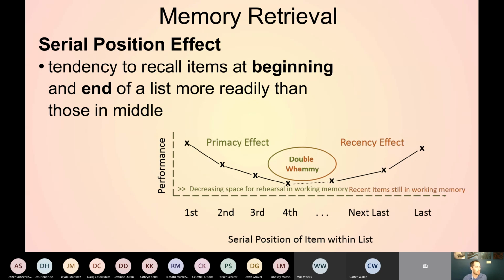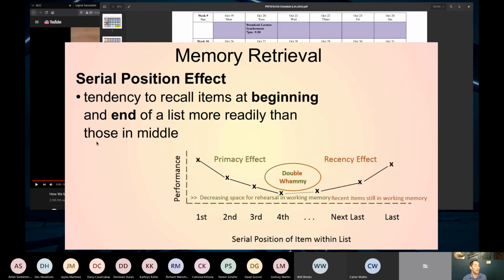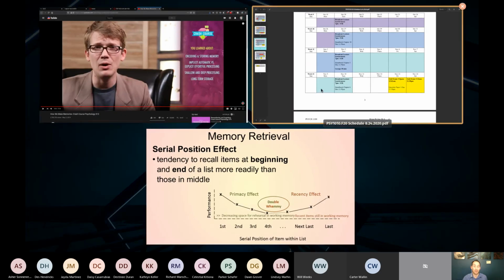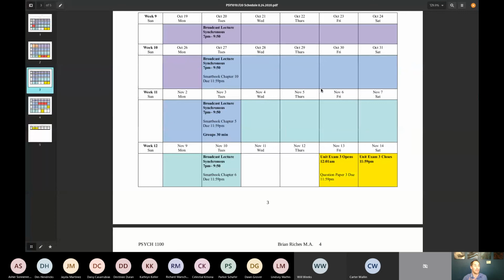So next time we come back, next Tuesday, we will talk about memory retrieval. We'll talk about memory tips for life and how a lot of the cognitive psychology that we've learned about memory can help us in things from remembering people's names to remembering shopping lists, talk about mnemonics, talk about a lot of different things that can help you with your studying.